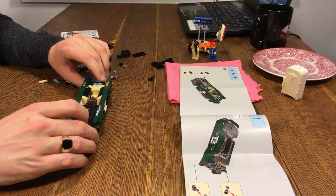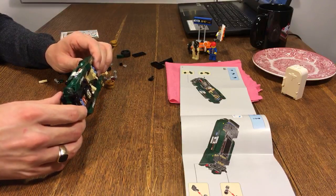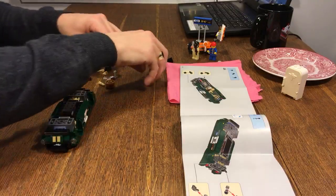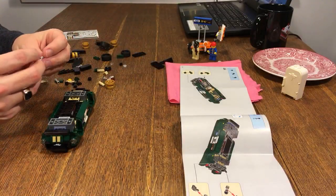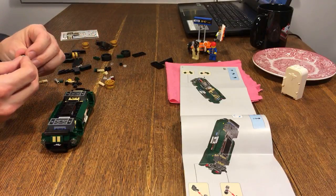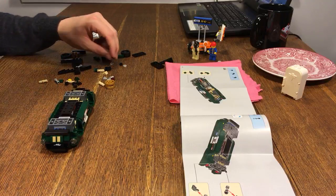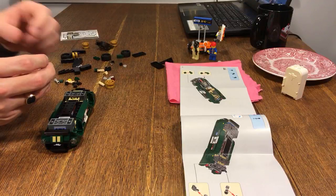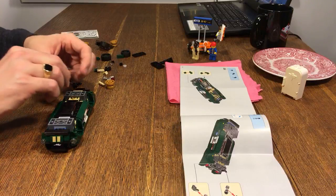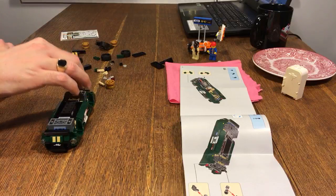So there is definitely a discrepancy between different sets, and the whole idea of minifigure scale is very, very odd, and I'm not sure which scale or which type of sets I would consider, shall we say, the right type of minifig scale. But yeah, I don't know if that was particularly clear, but